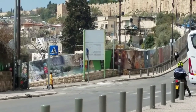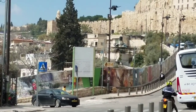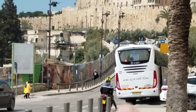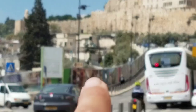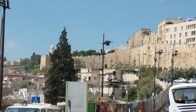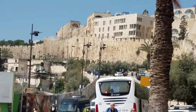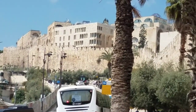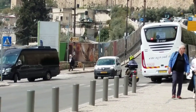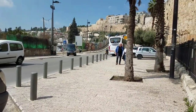All right, let's orient ourselves, guys. This wall here, where you see the person in the yellow in that fence, is going around this corner. Behind that is the Gevatti excavation. Up in the distance behind this tree, that's Mount Zion. Up here is the Jewish quarter. All right, so let's maintain that. And then if we turn,